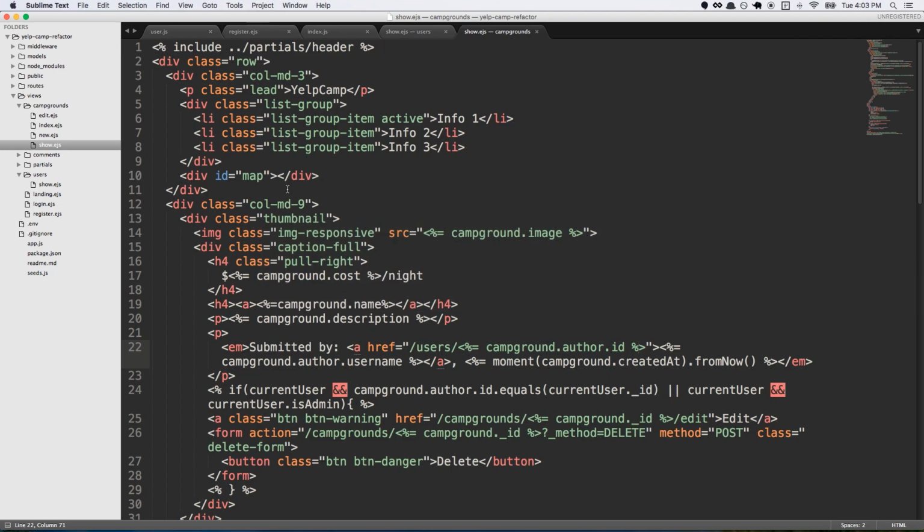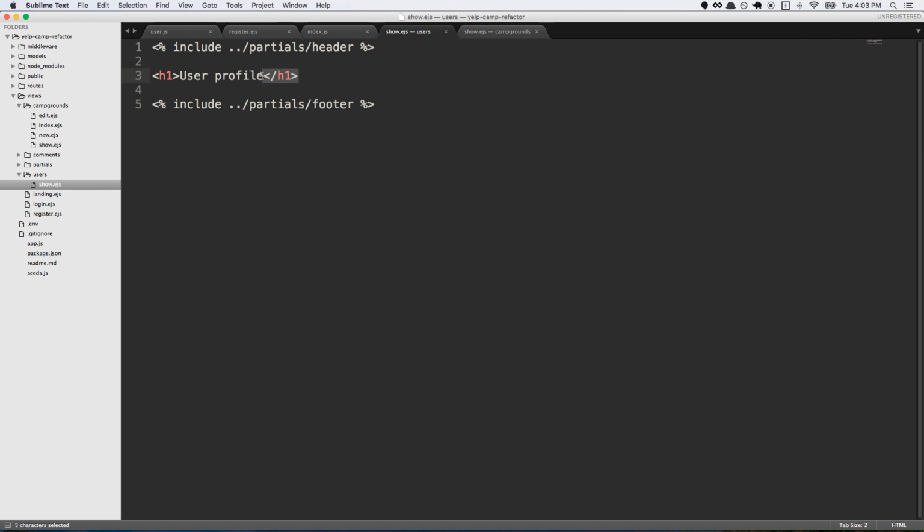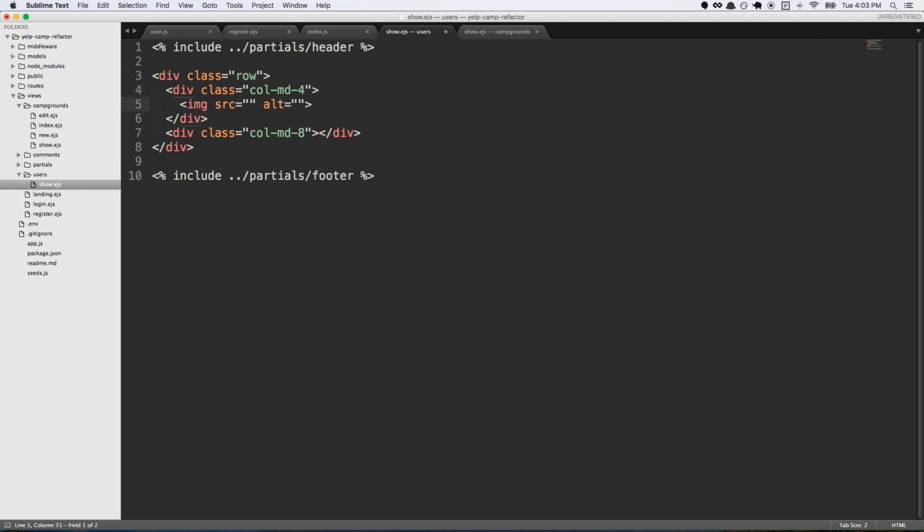So we'll go back to the show page for users, and let's go ahead and use our bootstrap classes to make it look kind of nice. So we'll do a row, and then inside the row we'll have a column. We'll do a medium column with 4, and then we'll do another medium column with 8. That makes 12. So here we will have an image, and the source will be